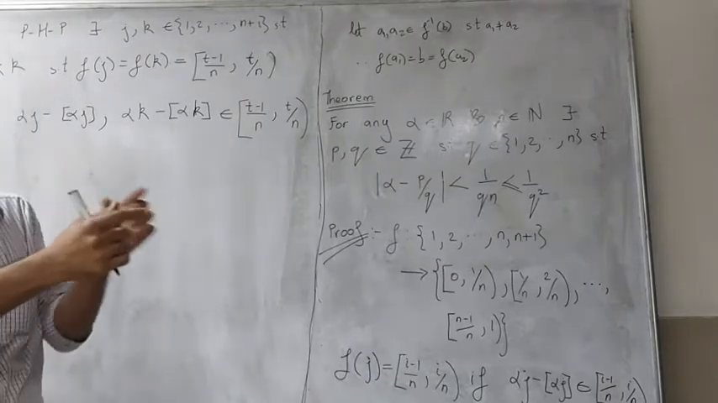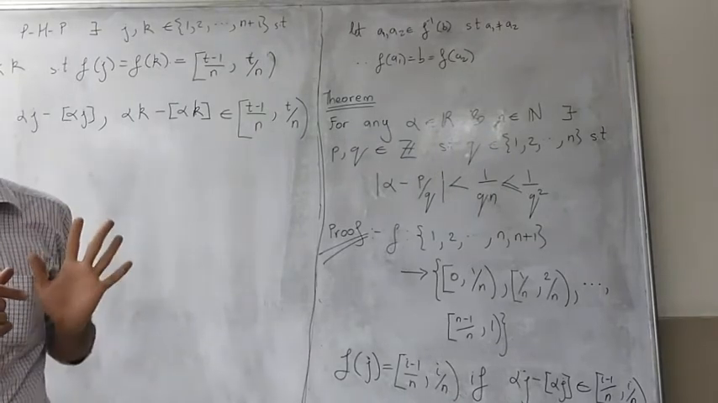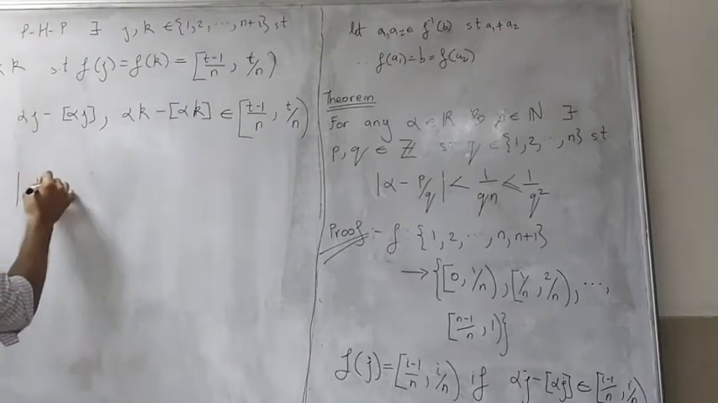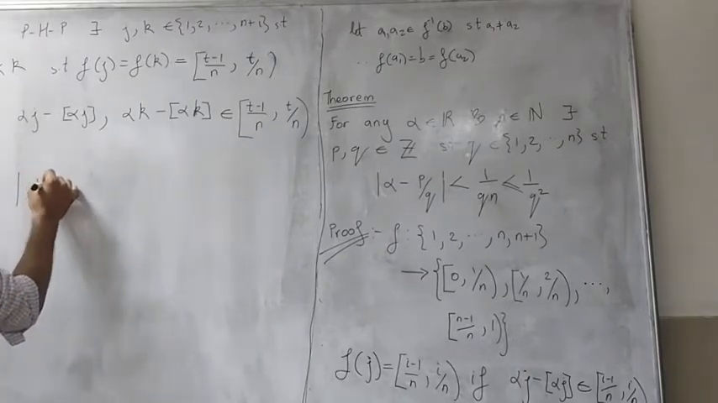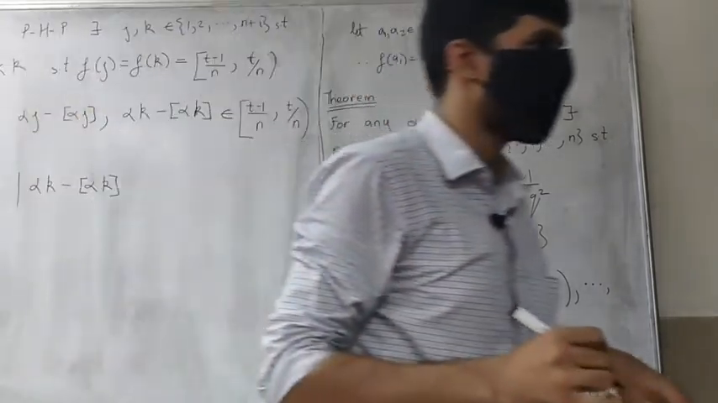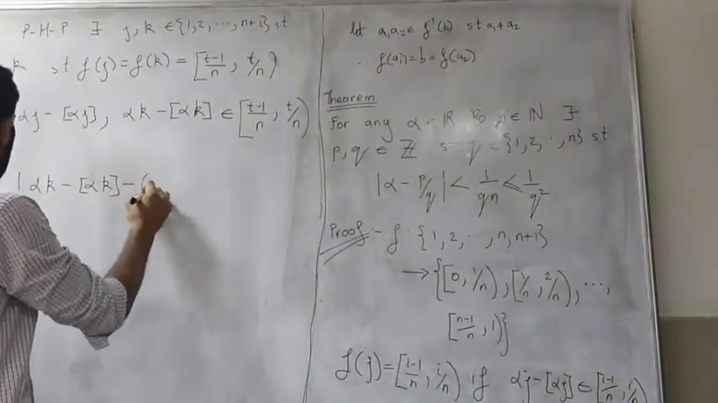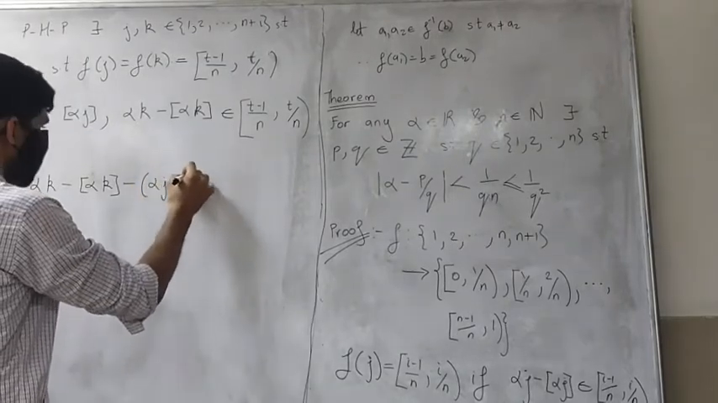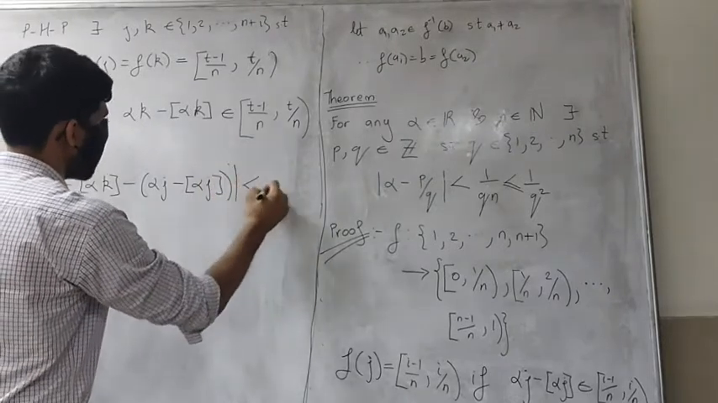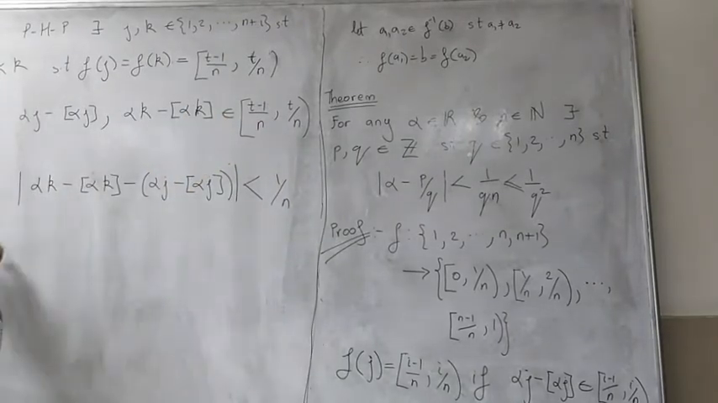Right? x and y lie in an interval of length 1 by n, which means that mod of x minus y should be less than 1 by n. Correct? So this will mean that the distance between alpha k minus the greatest integer of alpha k, minus alpha j minus the greatest integer of alpha j, is less than 1 by n, because this length is less than 1 by n. Okay, so this will tell us that,